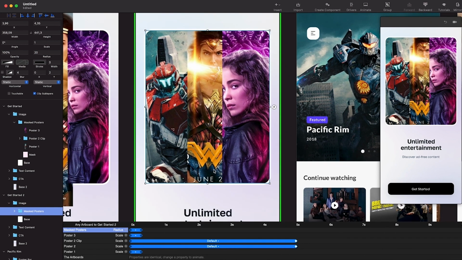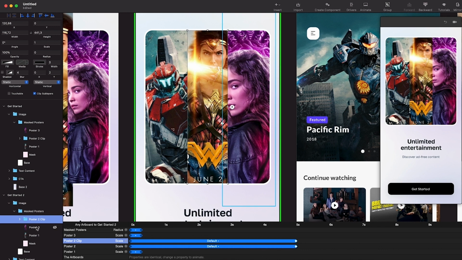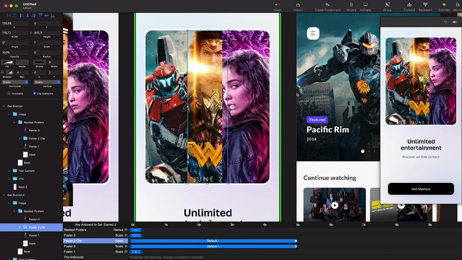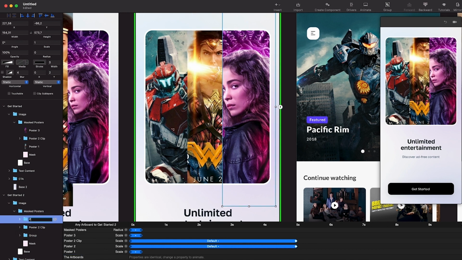We're also going to do one more thing. For the poster 2 clip, we're going to move it to the top. Okay, but another problem is coming, which is the posters are increasing in size, so we don't have the line in between. So for that, we can group these posters, and same thing goes here, and rename